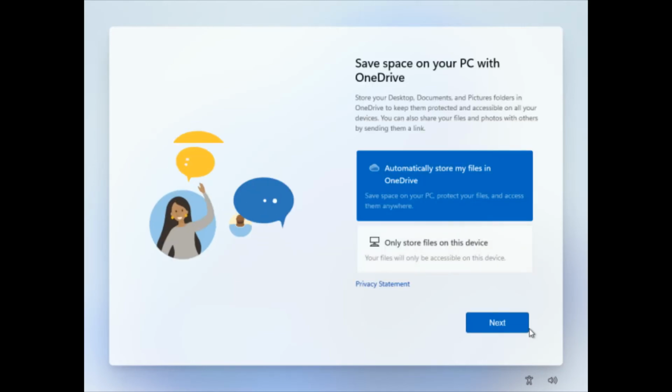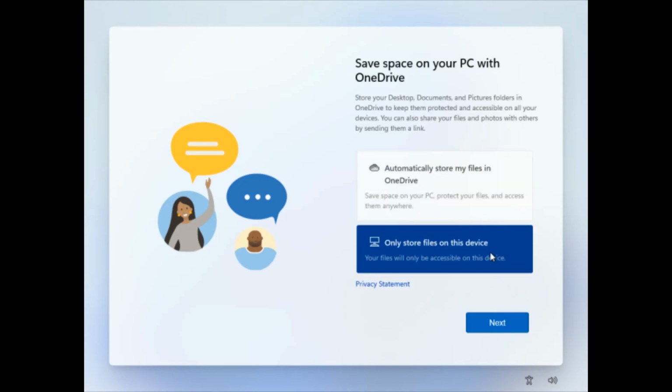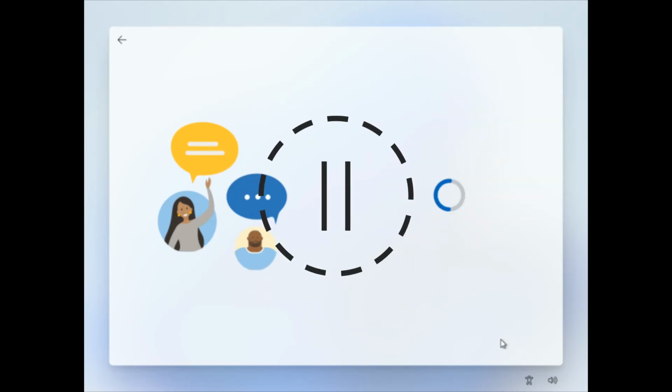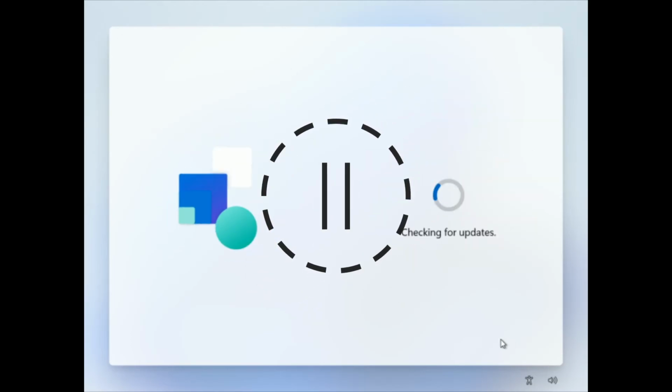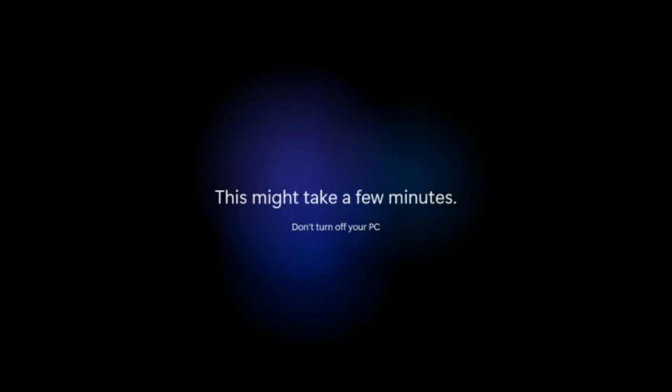And we'll post on our website as well, knatech.org, as we receive more information and mess around with it more. We'll keep all of our files local. We won't be messing with OneDrive right now. It'll take a couple minutes again here to finish setting up OneDrive if you're using it and check for those updates. We've got it booting into the setup here, or not the setup, the desktop.